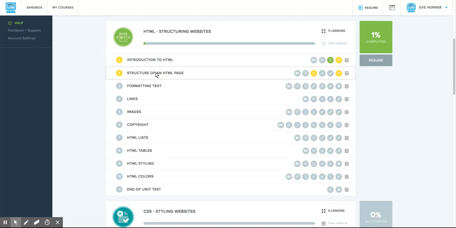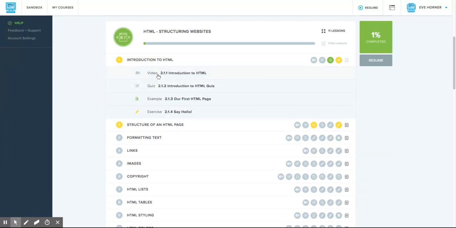And the two lessons that I want to play around with here are the introduction to HTML and the structure of an HTML page. Now, under the introduction to HTML, notice that there are 4 icons over here that you can explore, or you can click on the plus sign and drop down, and these are the same 4 icons that are here. So I do want you to watch the introduction to HTML. I do not want you to do the quiz. I do want you to play with the example